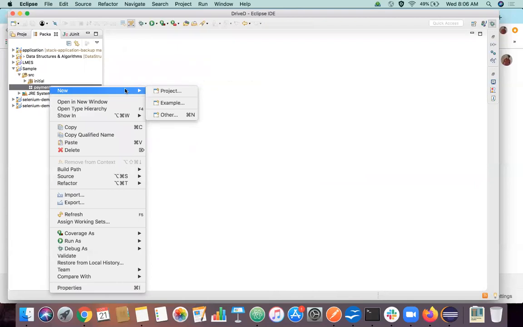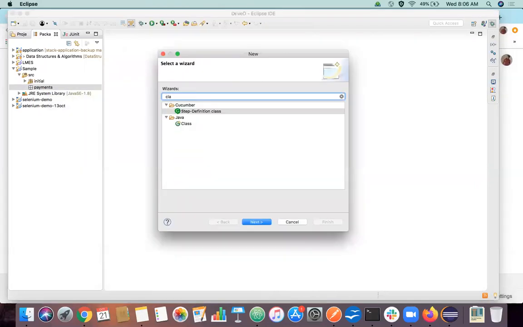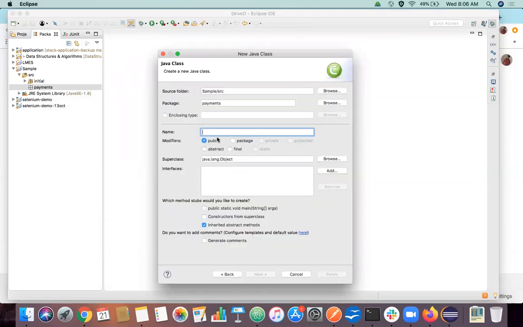We'll try to create a class called payment, with capital P, since by convention a class starts with a capital, right? I'll click finish.